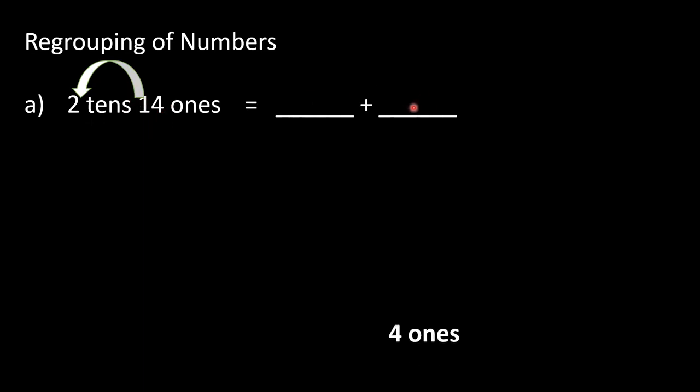So first of all we will write here 4 ones, then we will write here 3 tens. So our answer is 3 tens, 4 ones, because 10 ones is equal to 1 ten. So here we are adding 2 plus 1, that is equal to 3 tens. Now in